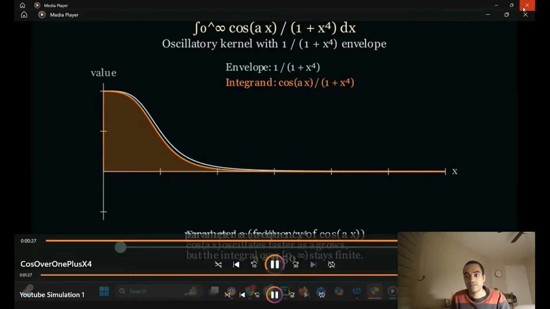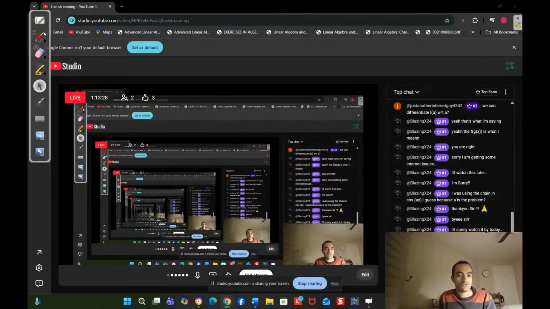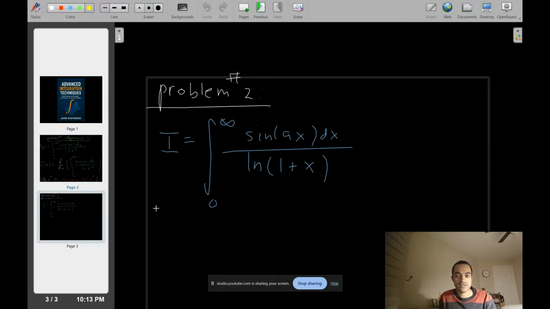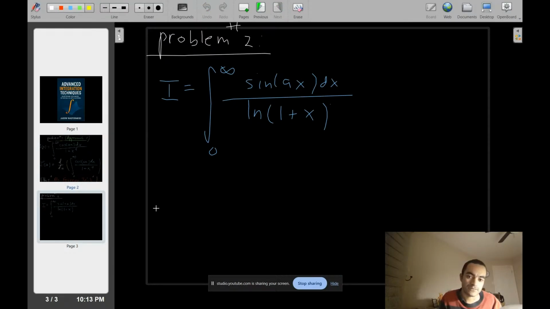Okay. All right, let's move on from that. We are going to move on to the second open problem. Now, don't worry, this one I'm not going to go through as much as the other one. Not even close. Well, first off, it's because it's not going to be solvable. So let me share the screen. Let's go to the entire screen. I'm going to share again, and I'm going to the whiteboard. Let's go to page number 3, problem 2.